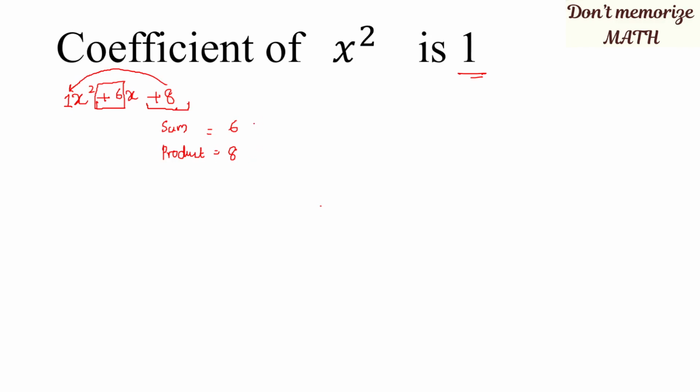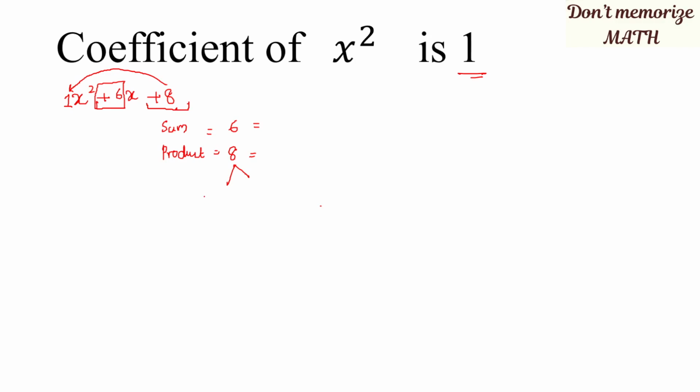So now we need to find two numbers. The same two numbers, if you are multiplying, you have to get 8. The same two numbers, if you are adding, you should get 6. So the best method is just split the 8 and check. If you are directly finding it, that's the perfect way. You can directly write the numbers here. If you don't know, just split this 8.